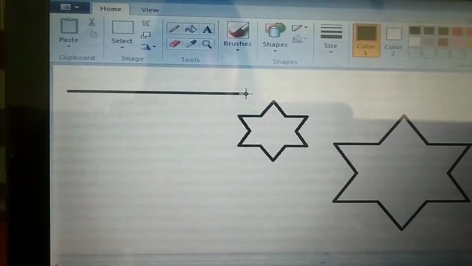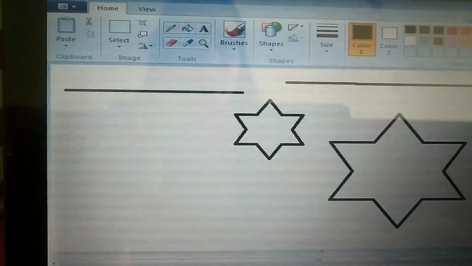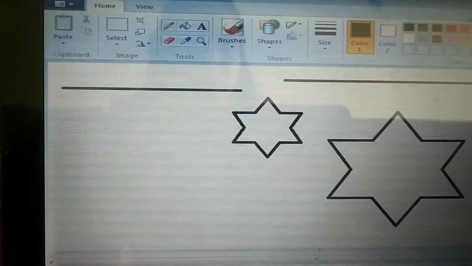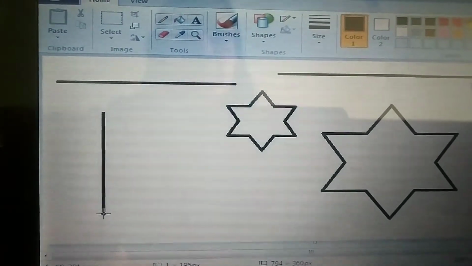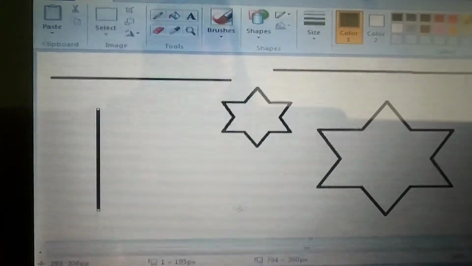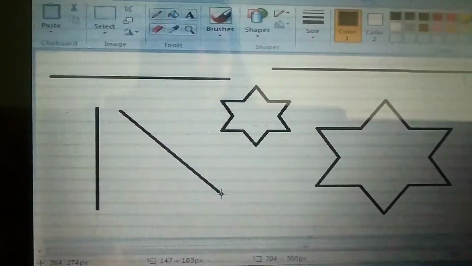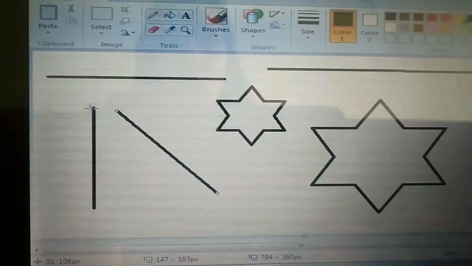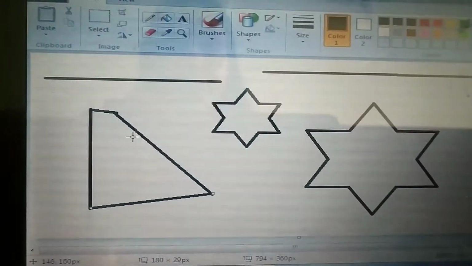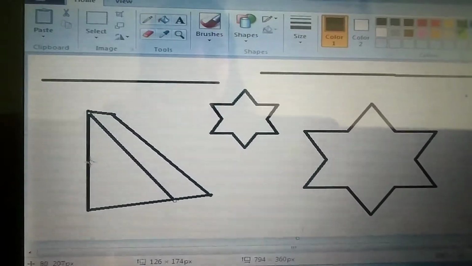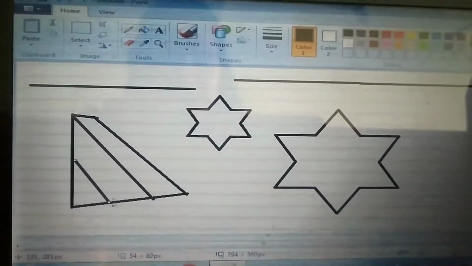See, I can draw a line of any length. I drew sleeping lines, then I drew a standing line. Now I am drawing a diagonal line. So it is up to you which kind of line you want to draw. Like this, you can draw the lines. Okay everyone? Is it clear to you all?